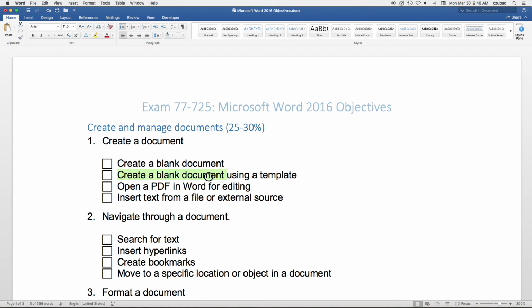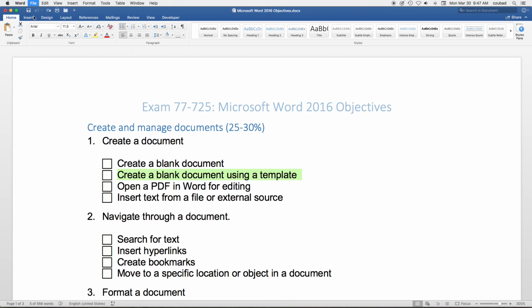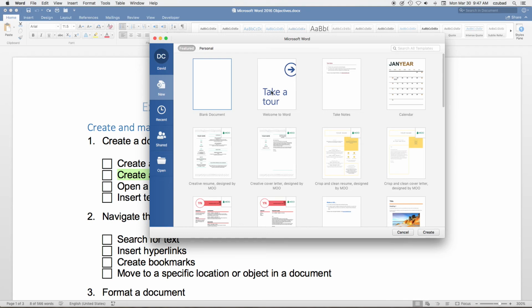Creating a blank document using a template. Well, when we go to the Word version, we have new from template. In the Windows version, you're going to go new and then see the templates as you see them right like this. So these are pre-made forms that somebody put a lot of effort into, and you populate it with your own data. But a template is a